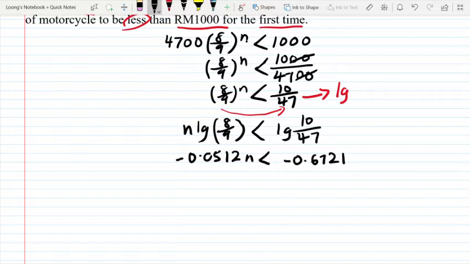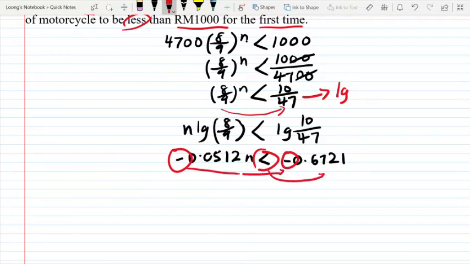And there's another part that we need to take note of, which is this greater than and lesser than sign. Usually when we meet this kind of sign along with the negative sign of a number, we need to be extra careful, as when we have a negative sign of a number, we need to change this sign as well,